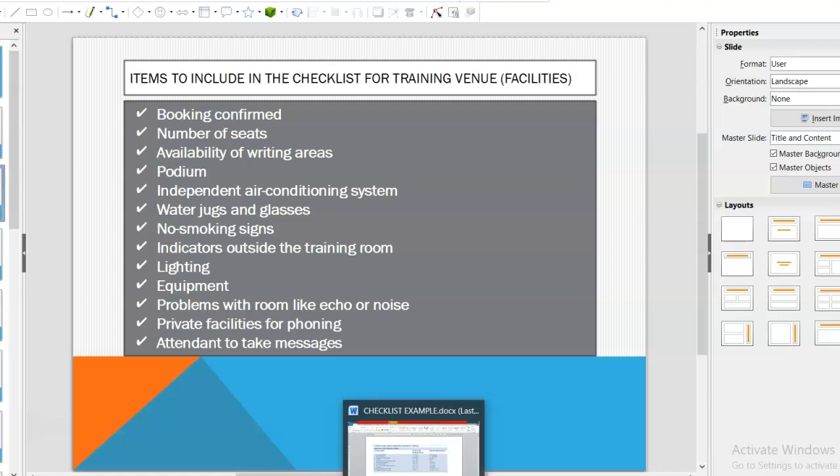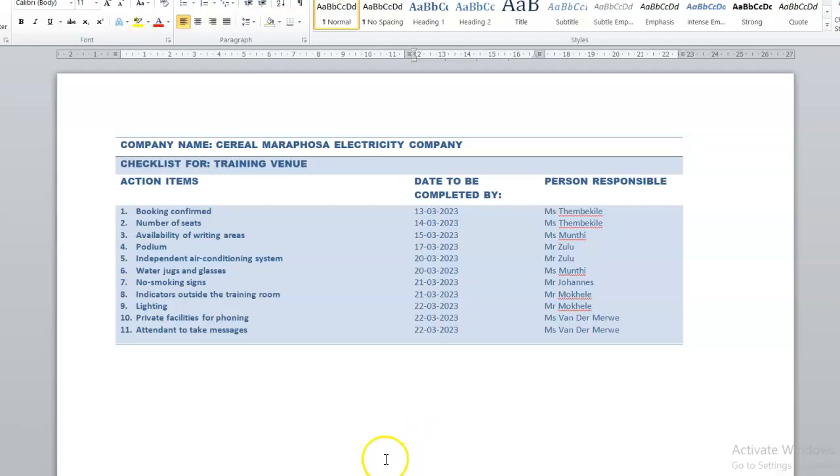Design it according to what has been given to you on page 32. There's a template there, so I tried to at least fill it in so it will look something like this. Do you see the company name? The name of the company is